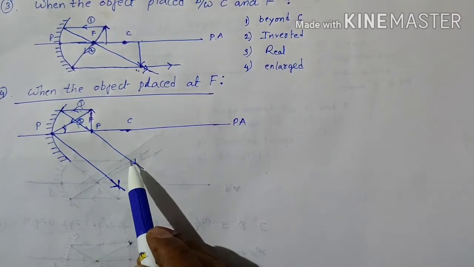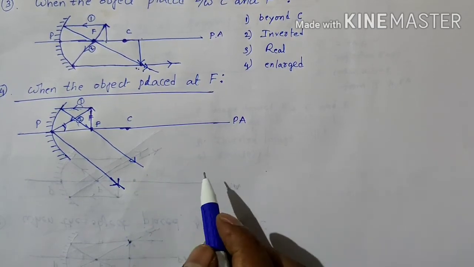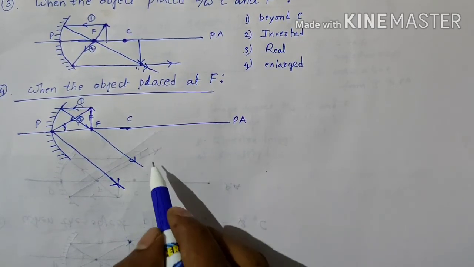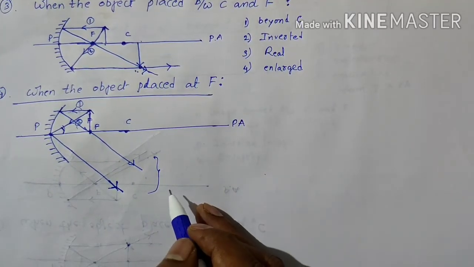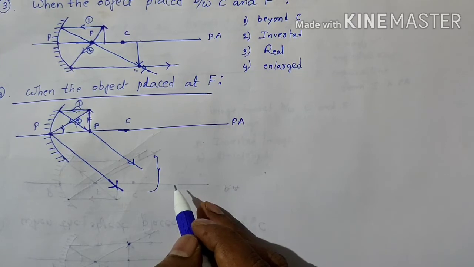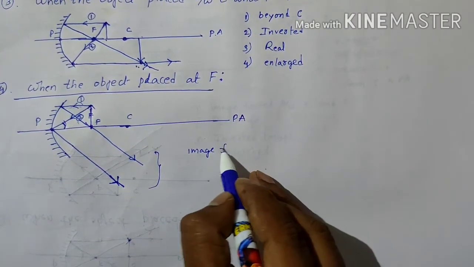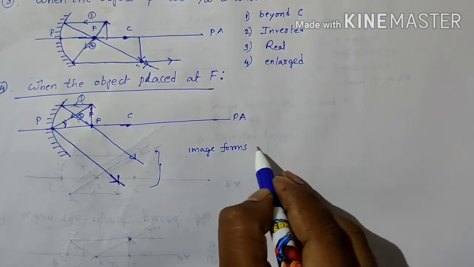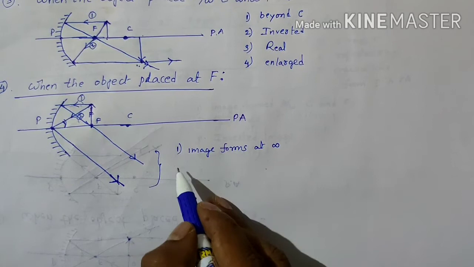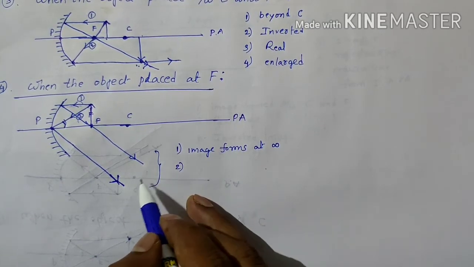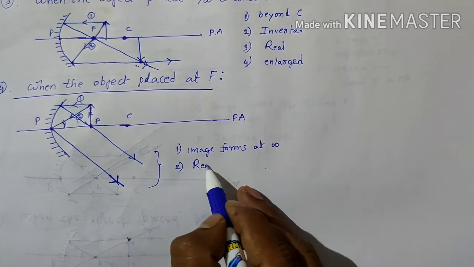So here, if you see, these two rays are moving away. So these two rays meet at infinite distance. So the image is formed at infinite distance, and this image cannot be caught on the screen. So this is a real image,